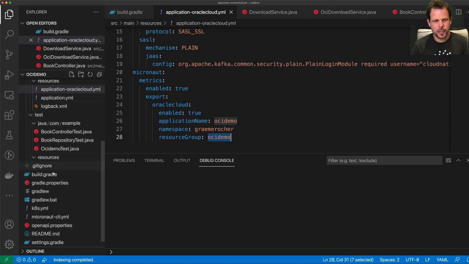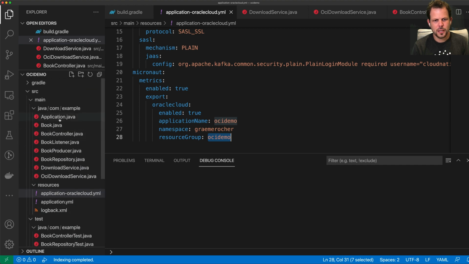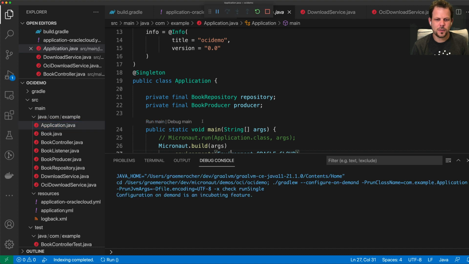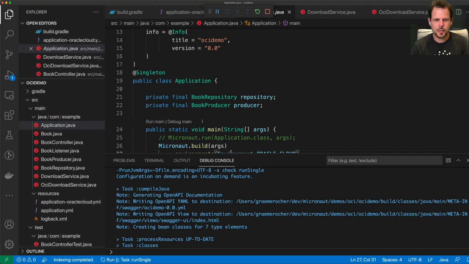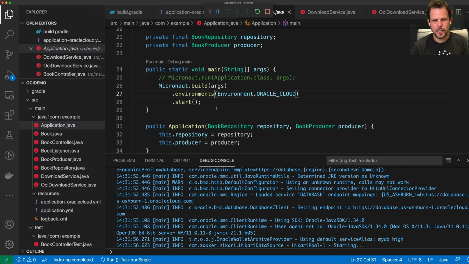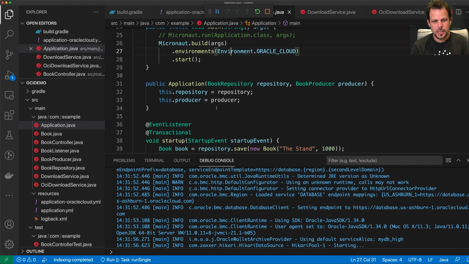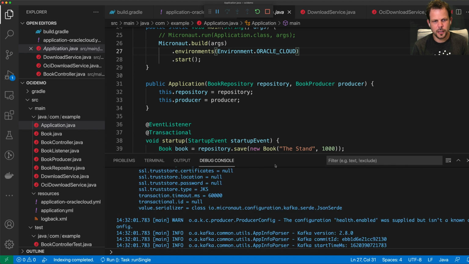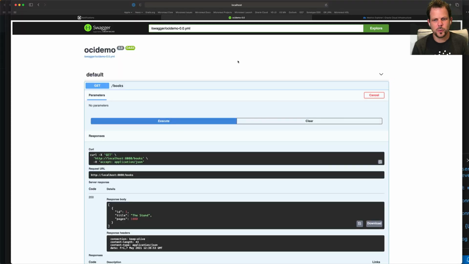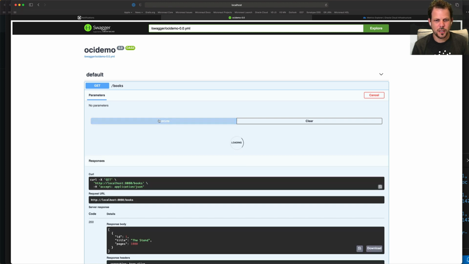And now what we can do is we can run this application and wait for it to start up, and connect up to Oracle Cloud and start exporting metrics. And what we can do is we can essentially switch over to Oracle Cloud Metrics Explorer. And maybe before we do that, put some load on my application by executing a few requests to the books endpoint. So I'm just going to hit it a few times through the Swagger API to put some load to